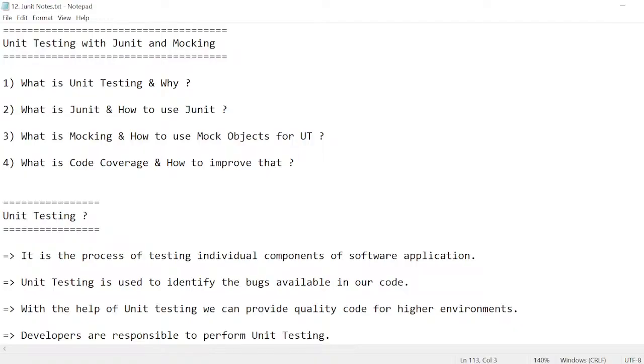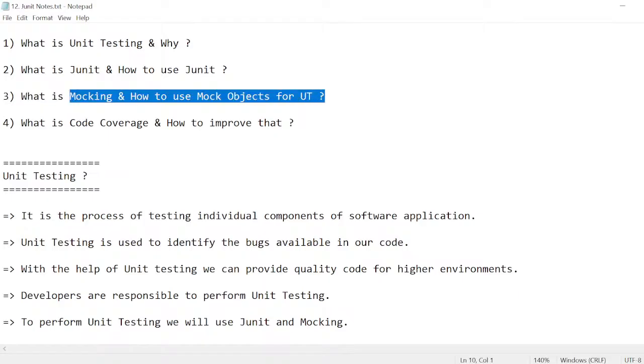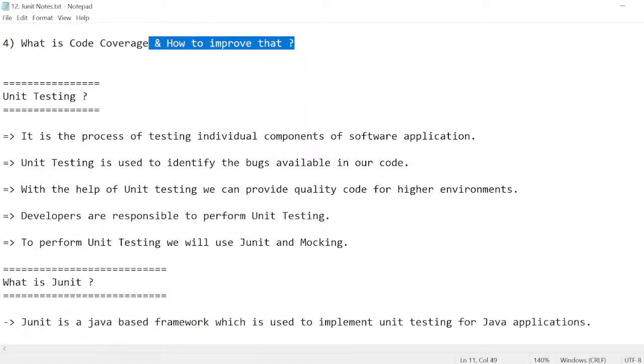Unit testing with JUnit and mocking. We have to be familiar with what is unit testing and why, what is the unit and how to use JUnit, what is mocking and how to use the mock object for unit testing, and what is code coverage and how to improve that. Next one is